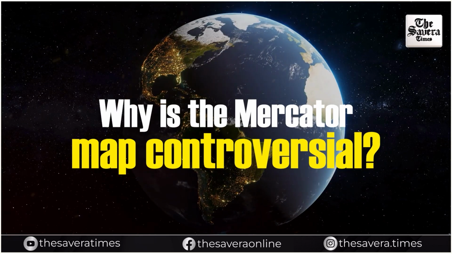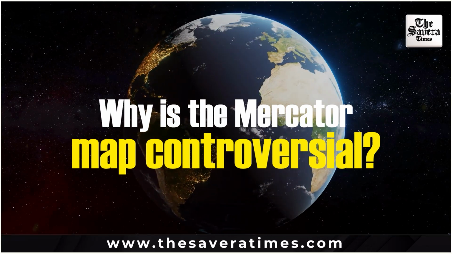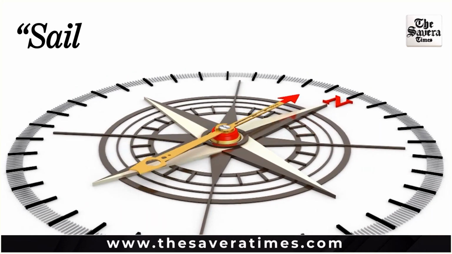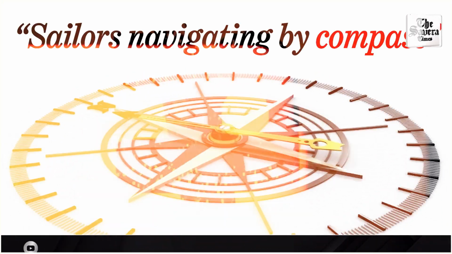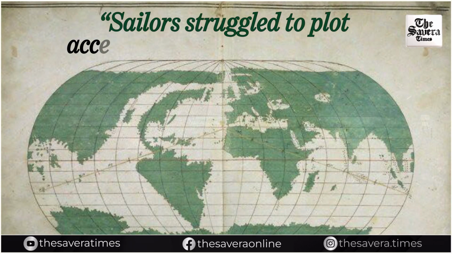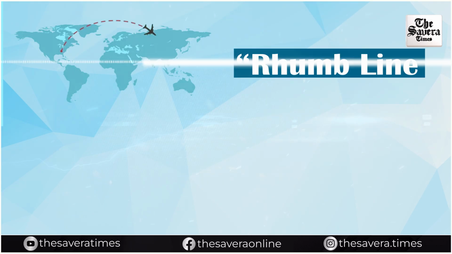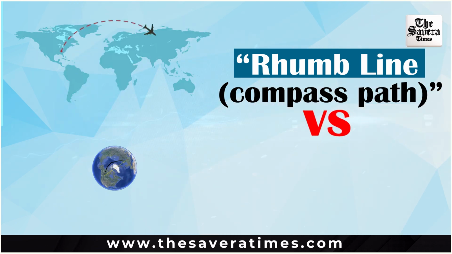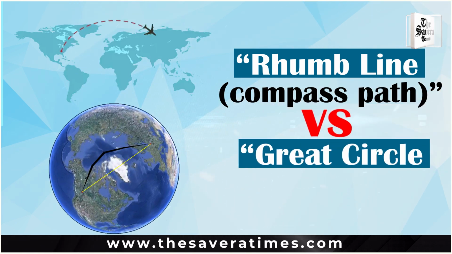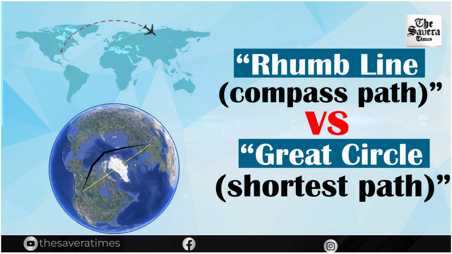marginalization. Why is the Mercator map controversial? The Mercator projection was created in 1569 by Flemish cartographer Gerardus Mercator to solve a practical navigation problem. Sailors navigating by compass found it difficult to plot courses on flat maps because their routes, called rhumb lines, appeared curved. Mercator's projection stretched the north-south scale so these routes could be drawn as straight lines, making marine navigation